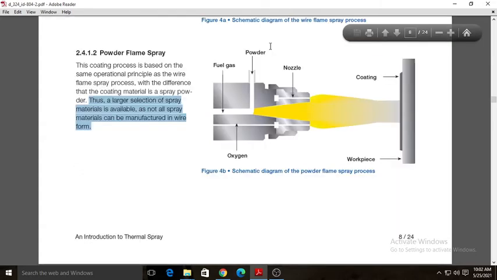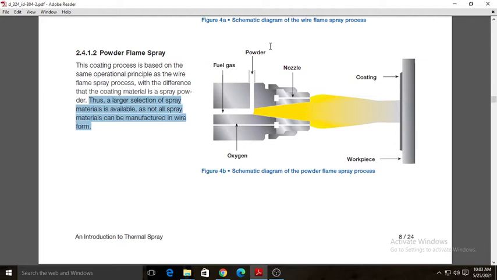Now listen to the advantages of this conventional flame spray. The process is simple in design and easy to operate. The flame spraying equipment is portable and suitable for manual use without the need of automated manipulators. Little operator training is necessary to use the equipment. Then the conventional flame spray process has less cost of equipment.